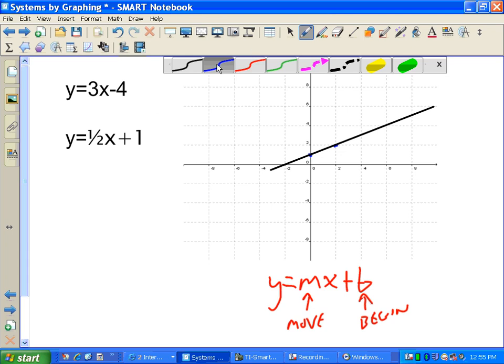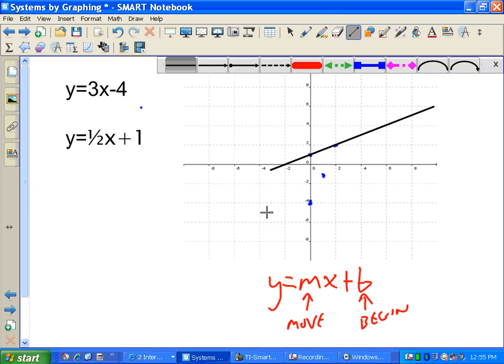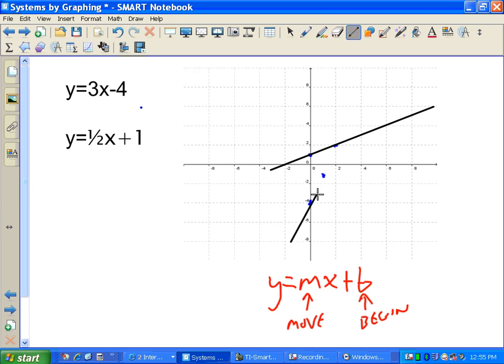Then we go back and we'll do the second one. This time we're going to start at -4. And we're going to go up 3. So that's up 1, up 2, up 3, and over 1. So my second point's going to be right there. Grab hold of a line maker and try to make a line that crosses through those 2 points right there. And it might be something like